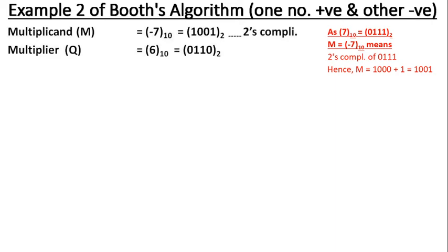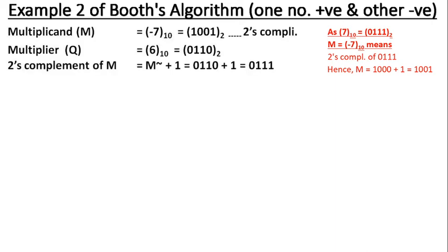Okay, whatever is written on that scratchpad area on the right side in red color is not that important, provided you are not committing any mistake. Then next step here, that M is 1001. M is 1001. It is minus 7, 1001.